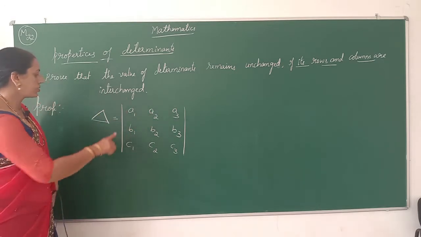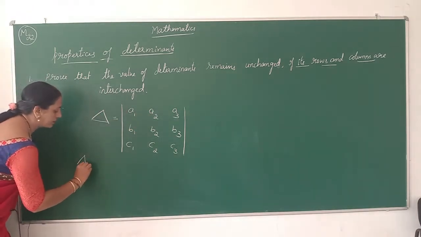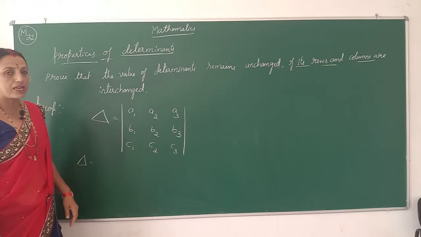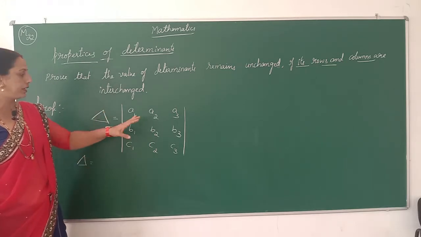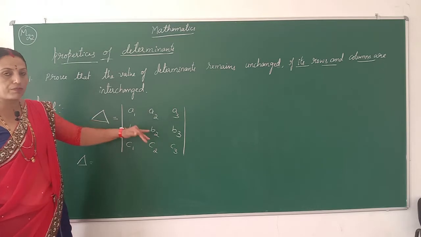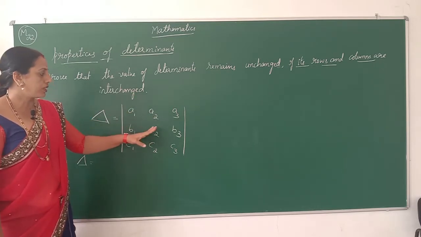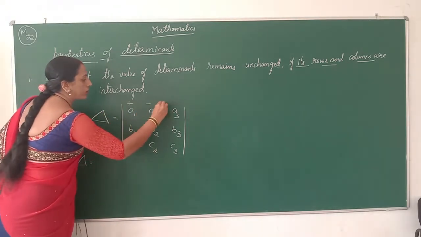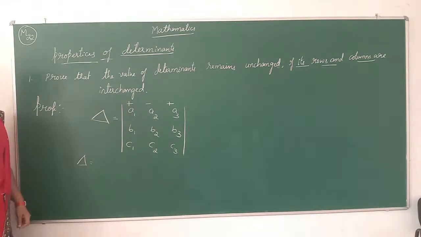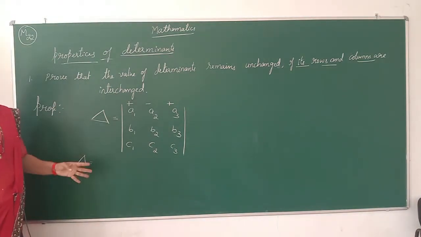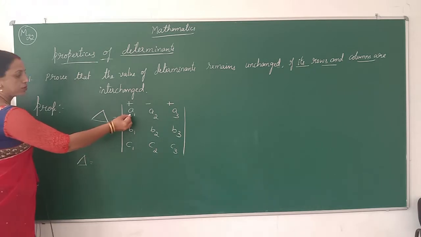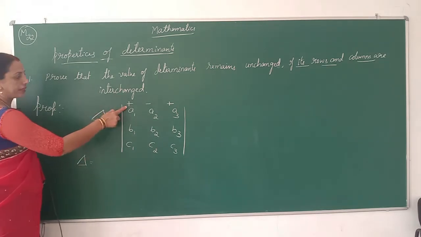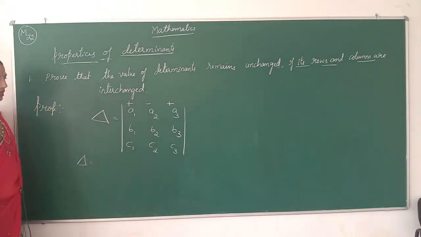First we simplify the value by using the previous expansion of determinants. In yesterday's class we already studied how to expand and simplify 3 cross 3 determinants. Using that method, first we simplify the determinant value. We choose the alternating signs, then which row to use. It is possible to expand along any row or any column. Now we choose the first row. A1, A2, A3 are the elements of the first row, and their corresponding alternating signs are plus, minus, plus.